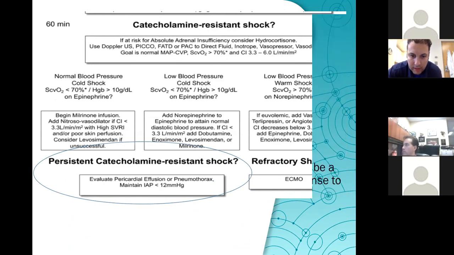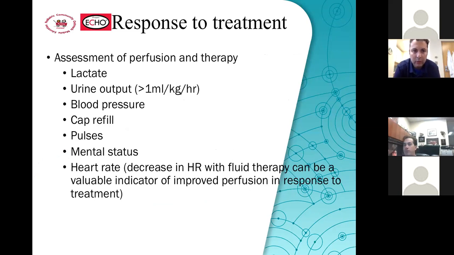So that's moving down. How do I assess? What if my pediatric septic shock or sepsis patient spends about 4 hours in my ER? We do follow lactate as well. We like urine output. If your child starts peeing more, it's always a good sign. Blood pressure is based on your comfort, every 15 minutes, maybe every 30 minutes if your child responds and is doing okay and you're just monitoring.